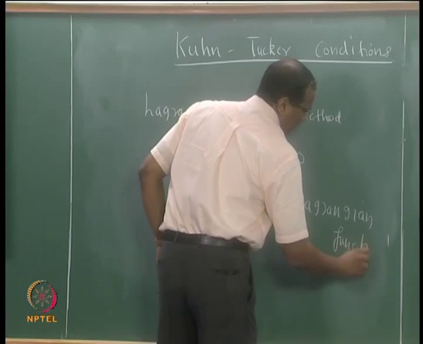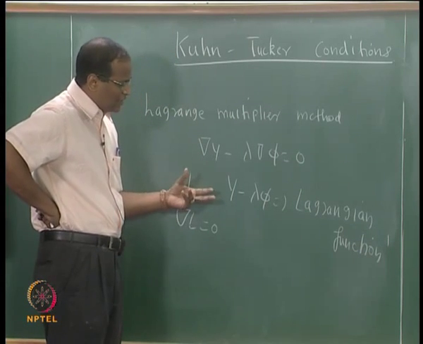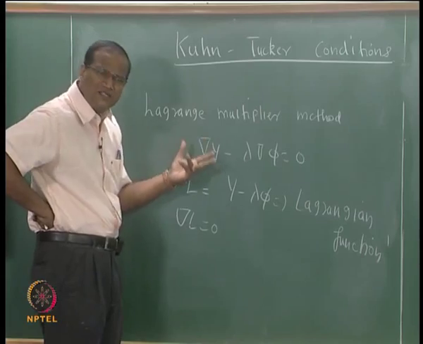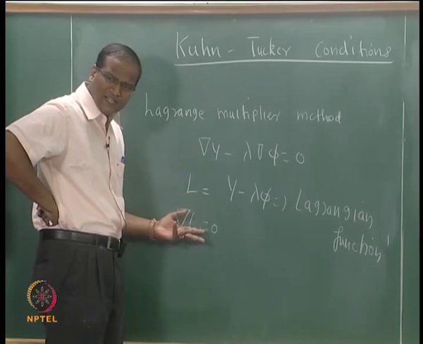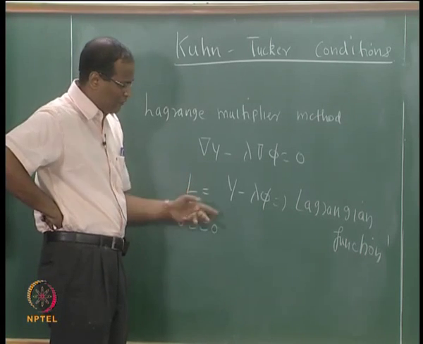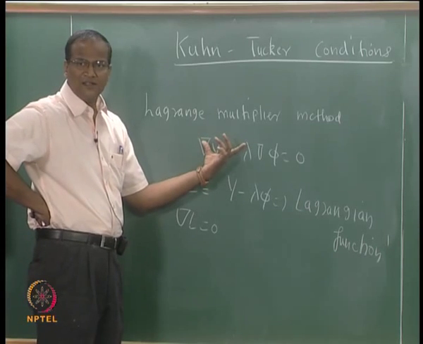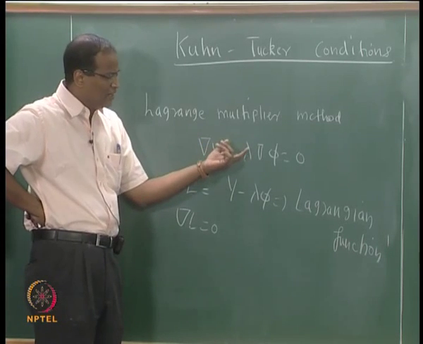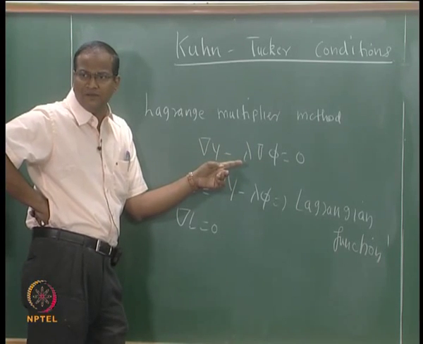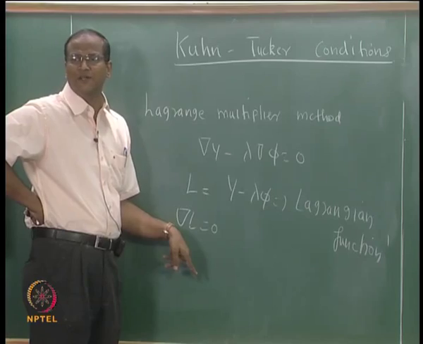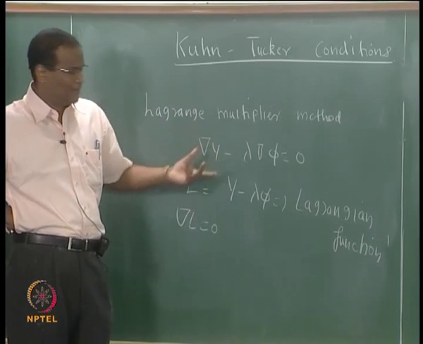So some people like Ravindran and Reklaitis will say that this is analogous to converting the constrained optimization problem into an unconstrained one, though I do not fully agree with this because the constraint is still hanging around there, okay. First they are saying that once you put this lambda phi, you incorporated the constraint, but still this alone if you solve you will get all the answers in terms of lambda, okay. You have to actually use an additional equation phi equal to 0 for a one constraint problem to get the value of lambda also apart from the other things, right.